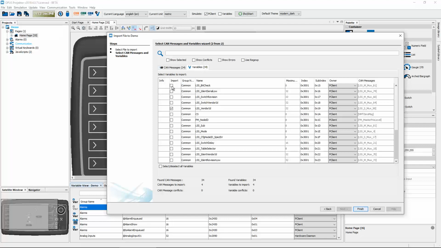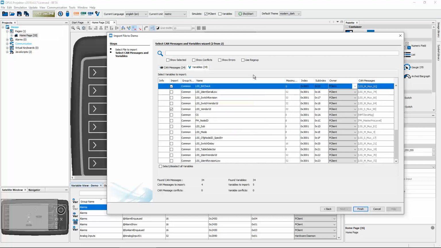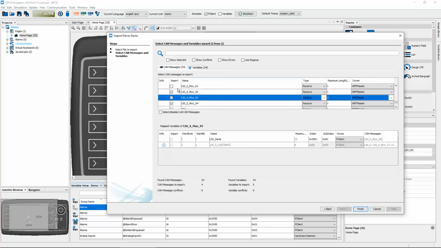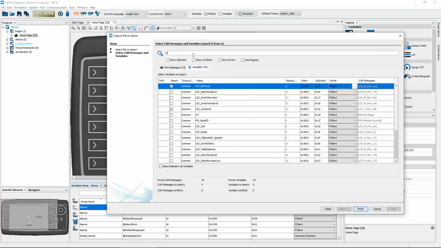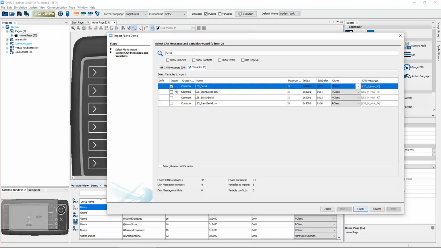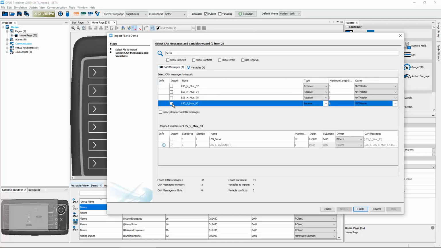I can go here and select a variable just for a variable import, but I cannot import a CAN message without an according variable. So if we choose the LSS serial here, I will just search for serial. There it is, and if I deselect that, then the according CAN message will be deselected as well. So it is not possible to import this without that variable. So I will check this again. And now we have 4 CAN messages, 5 variables, and just to show you another,